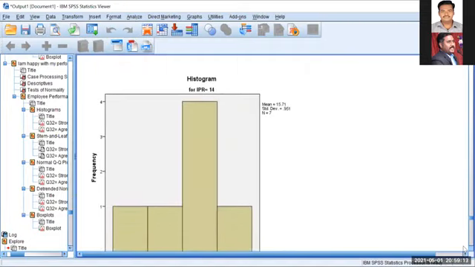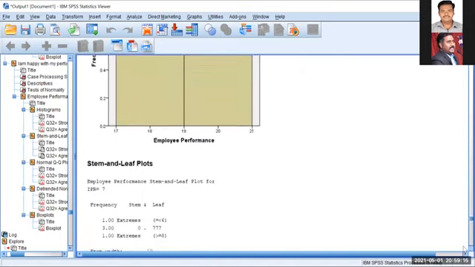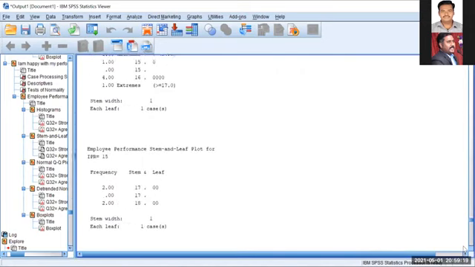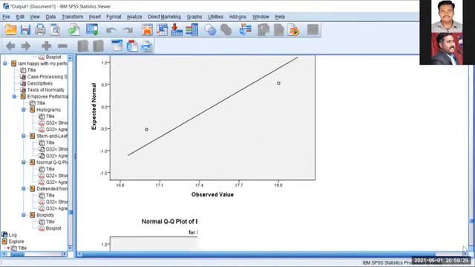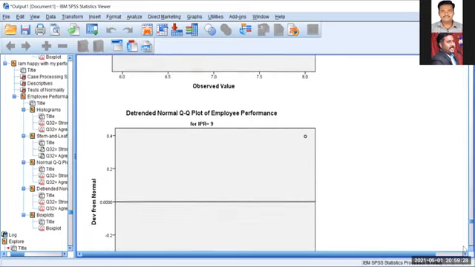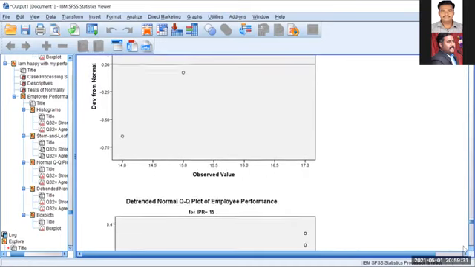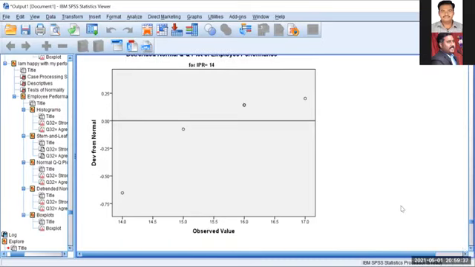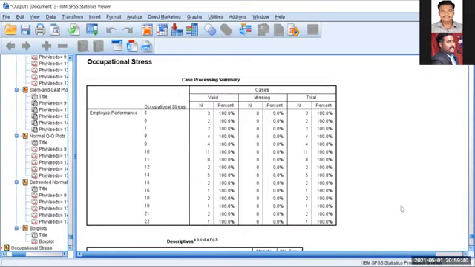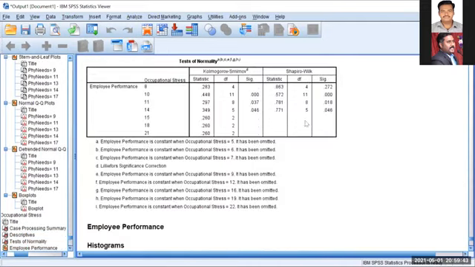But you know how to test that normality, right? You will get the table. And this histogram I selected simply. Just a minute, I'll get it. So the Kolmogorov-Smirnov test will be there, right? And this is the one, the Kolmogorov-Smirnov test. By using this table only, you can check that, see, all the significance values are less than 0.05. Therefore, there is normality. That means the data that you collected is normally distributed.